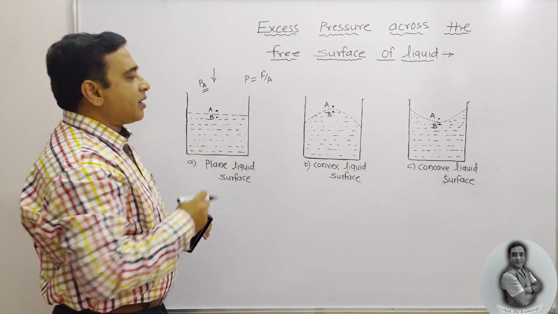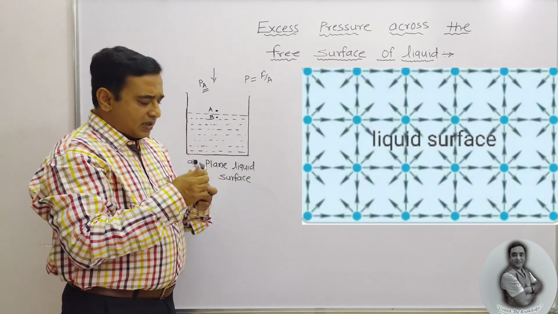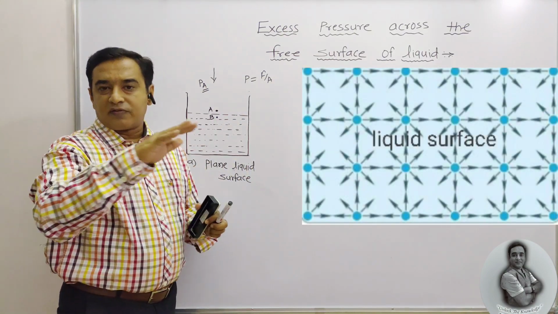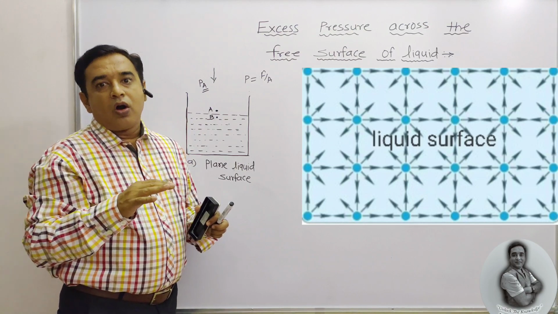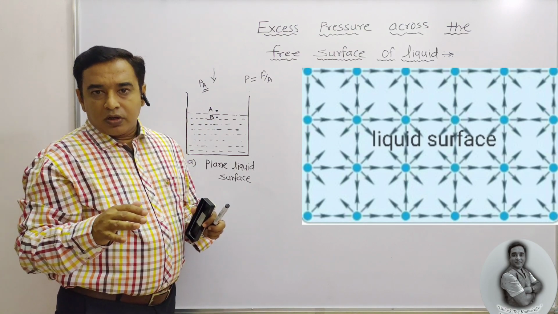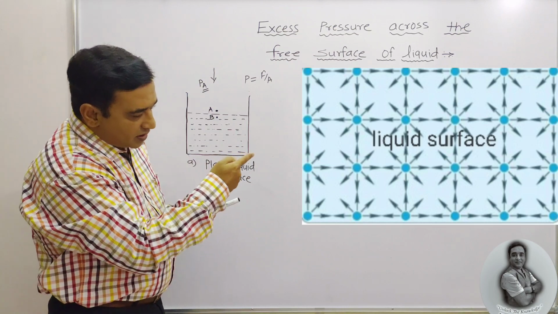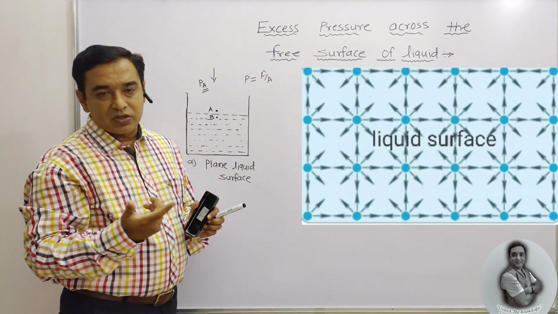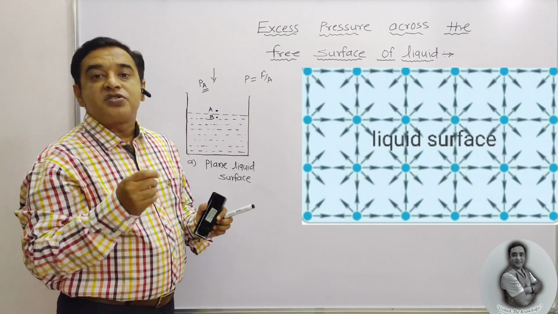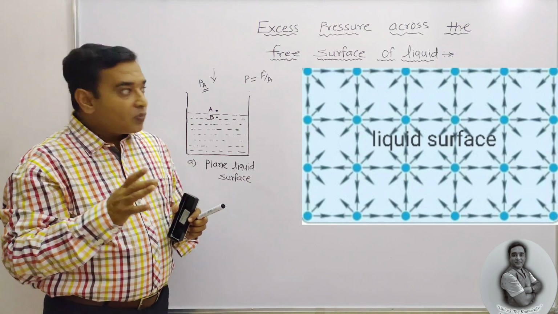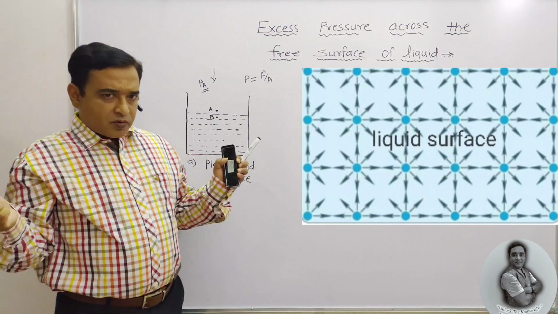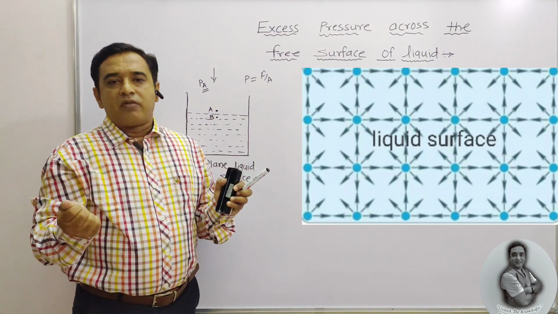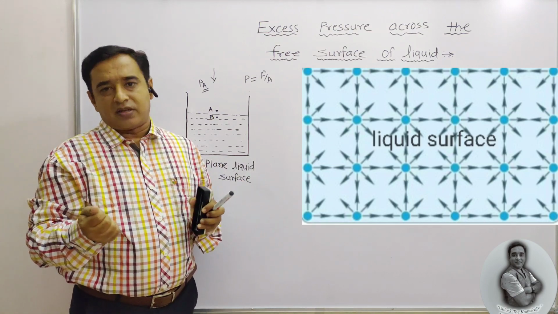Here, see the diagram. From that diagram, we observe that all the molecules of the surface are holding all other molecules, just like it is shown there. They are applying a sort of cohesive, attractive force on each other, similar kind of molecules, and we see that it forms a sort of membrane. It is just like elastic.